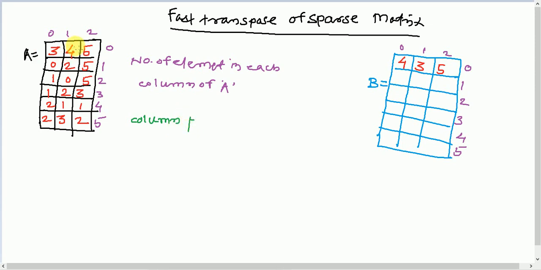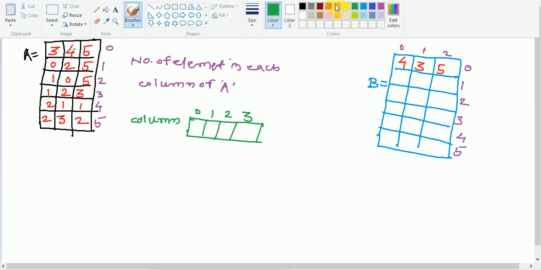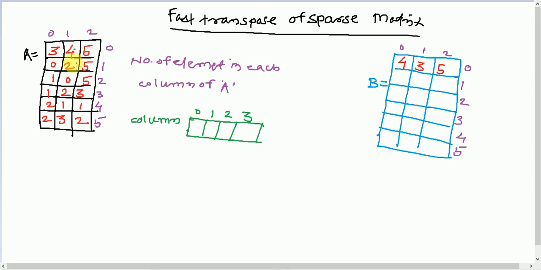How many columns are there in matrix A? There are four columns, so I'll take four cells: zeroth index for the zeroth column, first index for the first column, second for the second, and third for the third. Now we will find the number of elements in each column. In column 0 only one element is present.